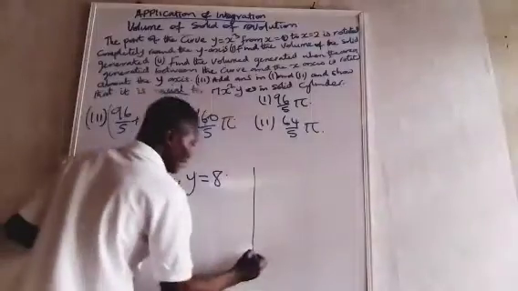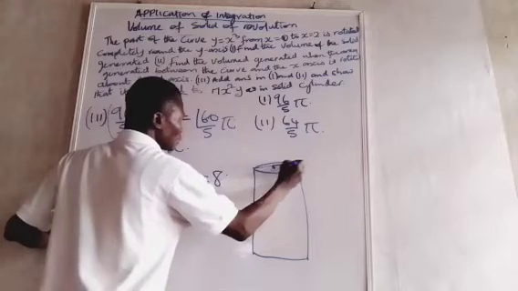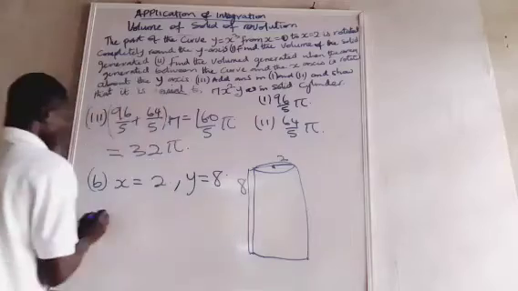So it is going to be something like this. When you add the whole thing, it's going to be something like this. So from here to here, it will be 2. From here to here, it will be 8. So pi